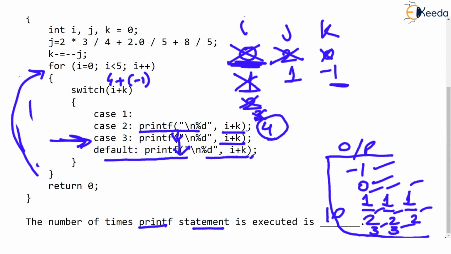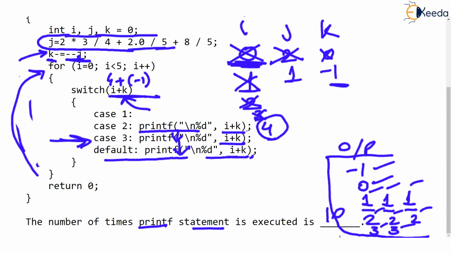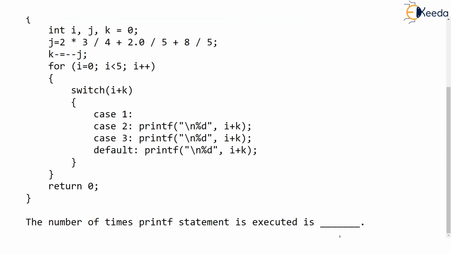Printf runs 10 times. This was a numerical question, but you see the twist here, is that although we spent our time in evaluating J, why is it so important over here? J evaluation is important because K is given only after evaluating J properly. Well, if you go wrong in evaluating k, then in all the switch statements k is employed. So this -1 value of k was so important. I hope you have understood how the printf runs 10 times. This was a GATE 2015 question. Thank you very much.